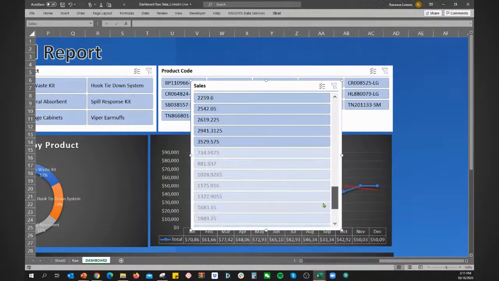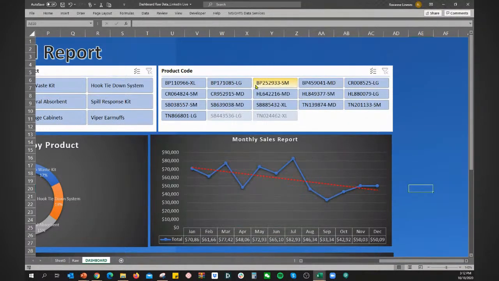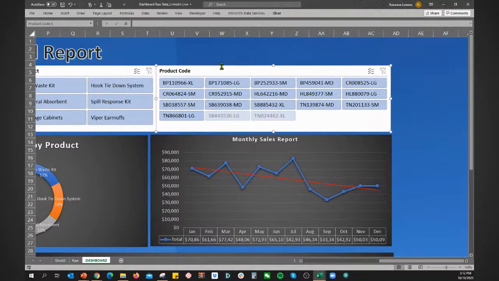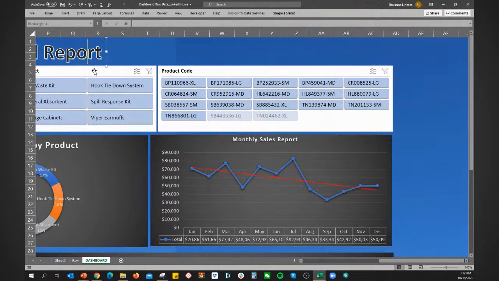So, try to avoid creating a slicer na sobrang dami ng magiging buttons niya. Okay? Kasi dapat very accessible lang yung mga slicer na yan. Kasi pang filter ng report yan. So kung it will take time for you to filter something, there's a problem with that. Okay? And para hindi gumalaw yung positioning ng slicer accidentally,